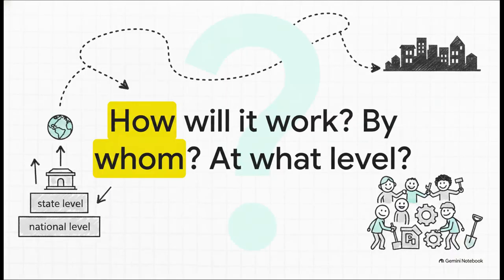So the crucial point is to keep repeating this refrain. By all means, agree on the moral destination. Of course, we want affordable housing and good jobs, but please do not confuse agreeing on the destination with consenting to the route. Whenever you hear a universally beloved goal, force the conversation to the verbs. Ask, how will this policy actually work? By whom will it be carried out? And at what level of government will that authority reside?